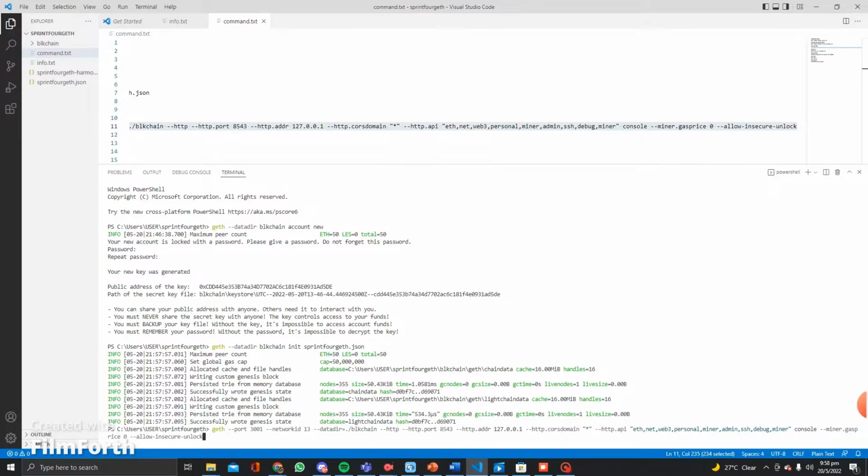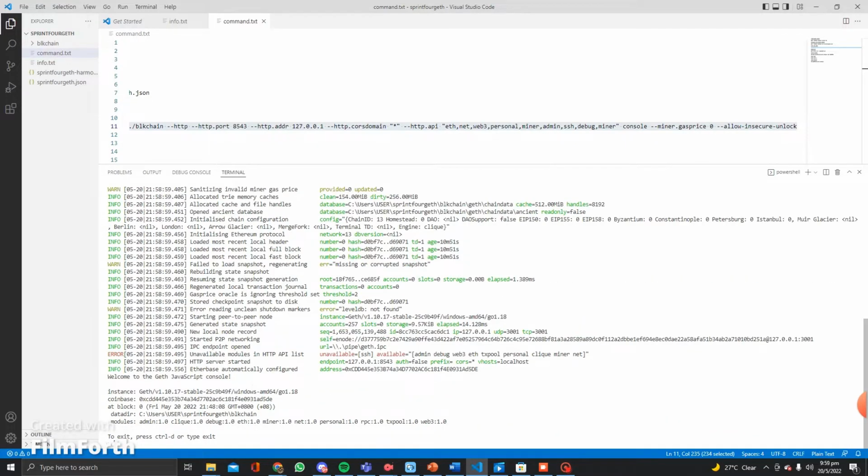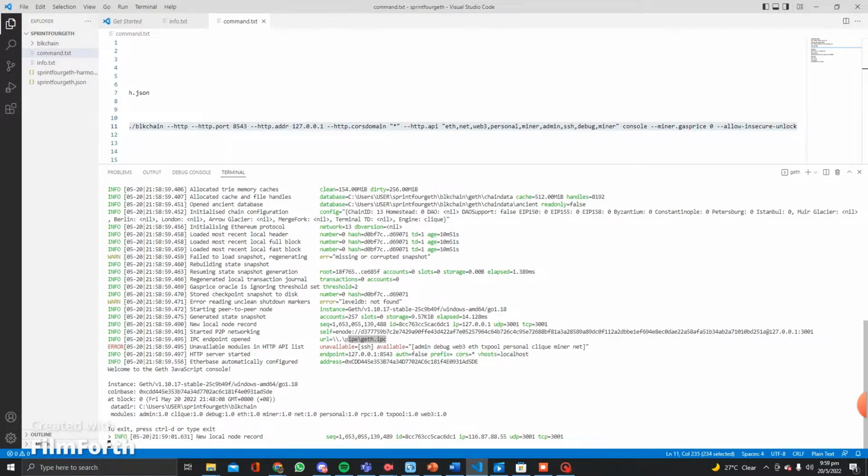So enter the command here. You need to take note that the port must be different. So for the laptop node, we use port 3000, and for this PC node we will be using port 3001. Enter, you also see this. So we need to attach the IPC. So look for this URL here,